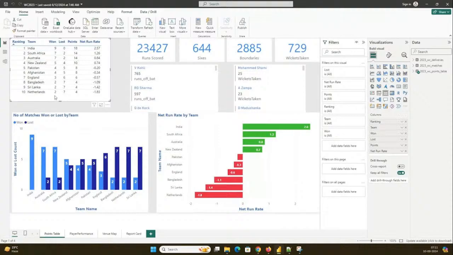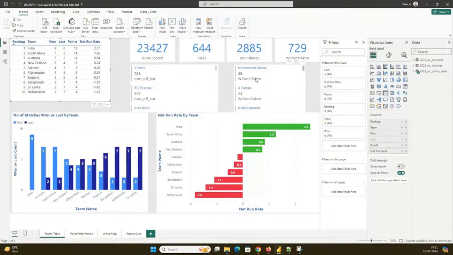According to the matches they have won and matches they have lost. Okay, and then in total, how many runs were scored in the tournament? Okay, sixes, boundaries. And if you see in that tournament, Virat Kohli was the top scorer. I hope the majority of you understand cricket. If one or two don't understand, it's okay. It's all about data. So in this, Virat Kohli was the top scorer and Mohammad Shami was the top wicket